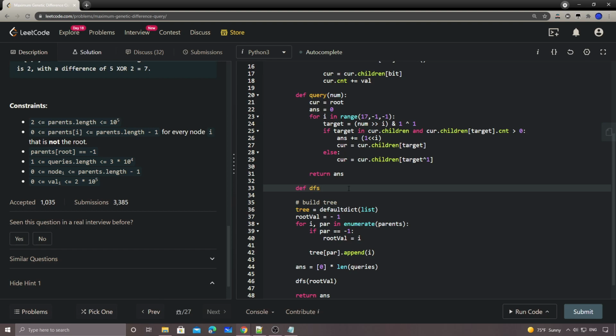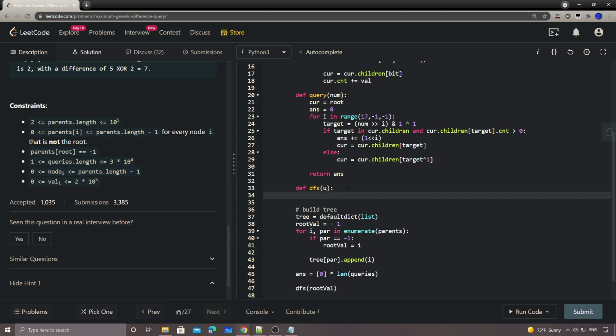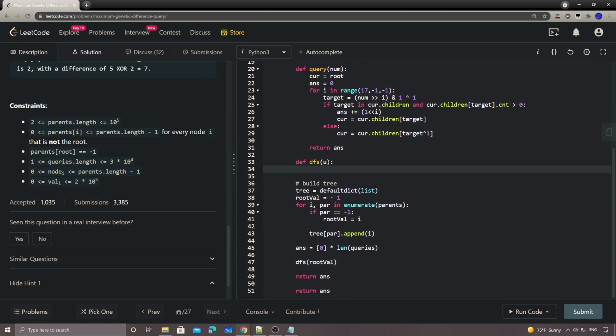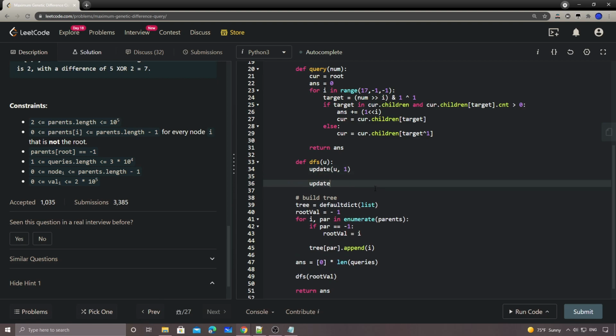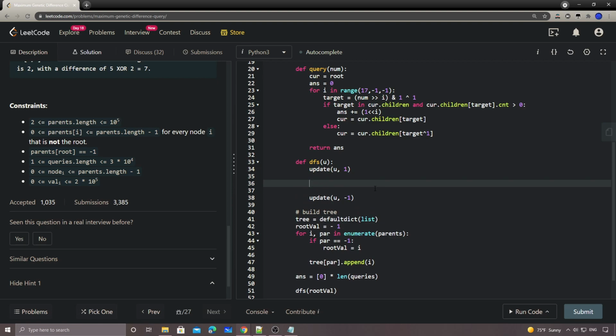Okay, now the DFS. So we have a u here, and v here. First, every time we enter a node, we're going to update, basically insert, u with 1, and later on we're going to remove it with -1. Then let's finish the DFS first. So we have, for v in tree of u,